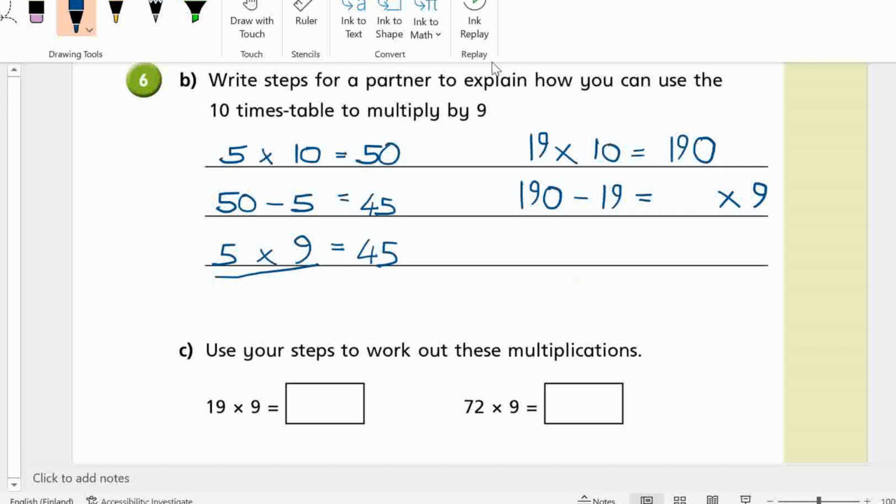Now the easy way to do this is 190 take 20, what does that give you? So it gives you 170, yeah, because you're taking 2 tens from 9 tens, gives you 170. So 170, then you need to add 1 because you've taken too much. So you need to add 1, sorry, equals 171. Okay. Yeah. So this and this, then we have 19 here. Right. Now,